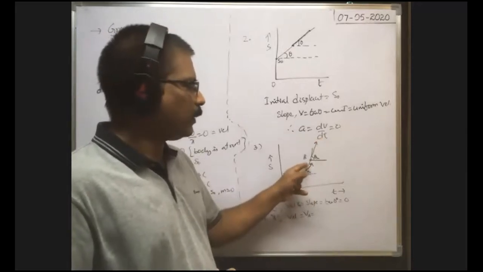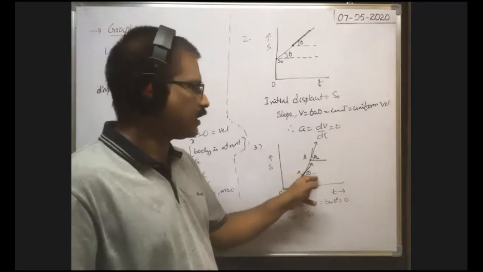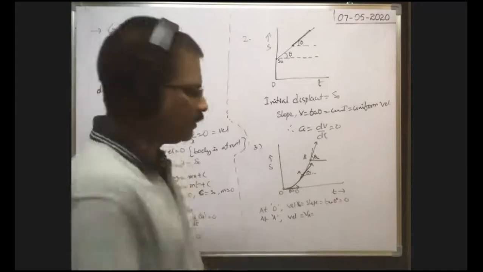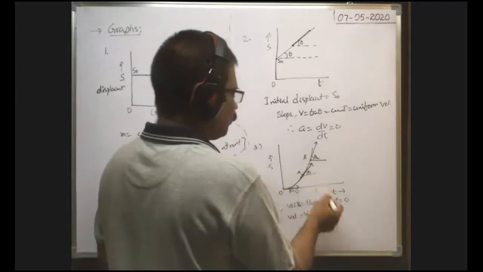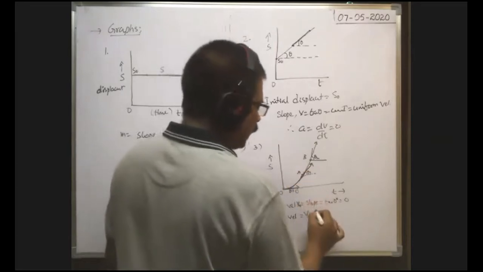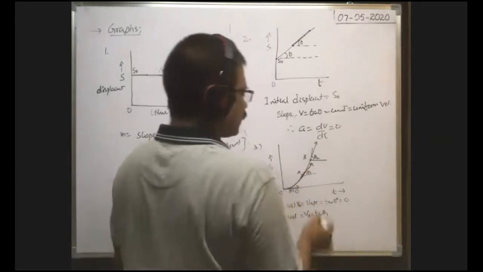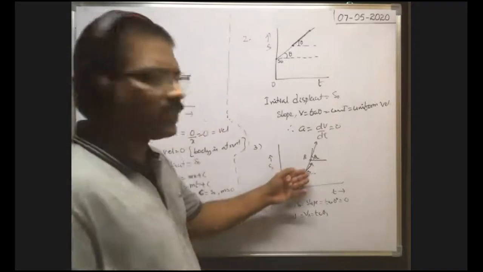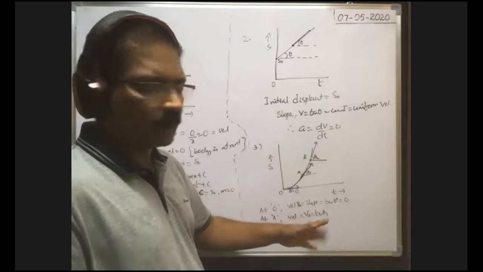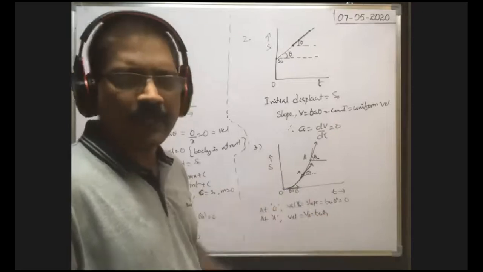The angle made by this tangent drawn at this point A with a horizontal axis is theta1. Then tan theta is the slope, no? As theta1 is given, the slope of the displacement time graph is velocity, which is equal to tan theta1. That is the velocity at this point. You will be given a theta value like 30 degrees, so you can have tan 30 or tan 45. Then we can have the velocity at the point A, no?